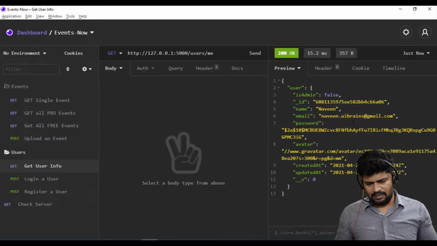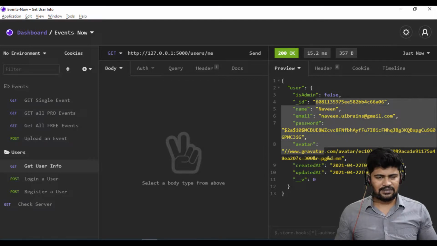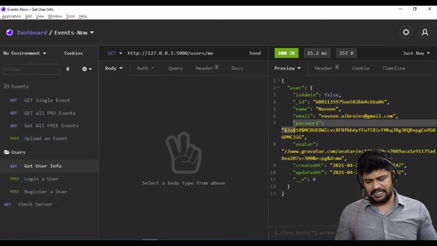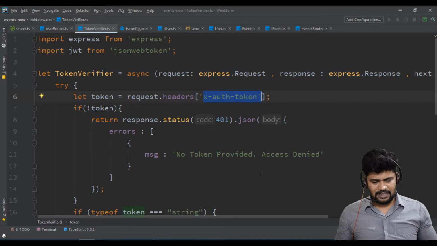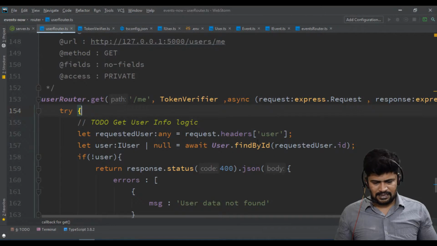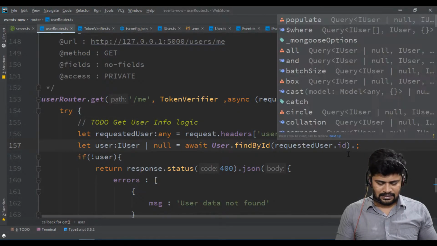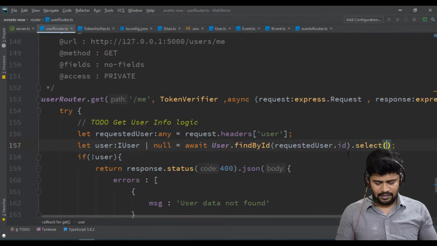Name, email. I don't need to send the password back to the client, because this data is sent to the client and I don't want to send password data. If you don't want to send it, make a slight change in this finder: you can write dot select, and in this, minus password.